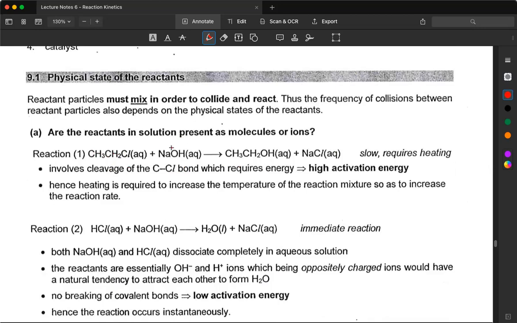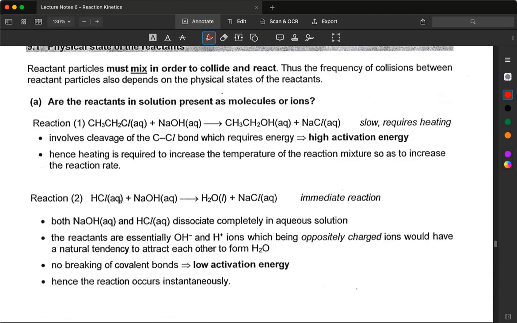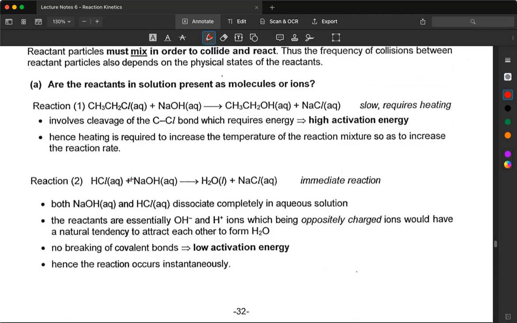So in order for this reaction to proceed, you need to supply sufficient heat to increase the temperature, to increase the rate of reaction, so that the particles have enough energy to react upon collision due to the high EA involved. And as for this one,